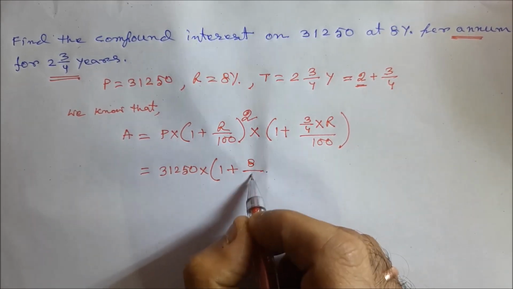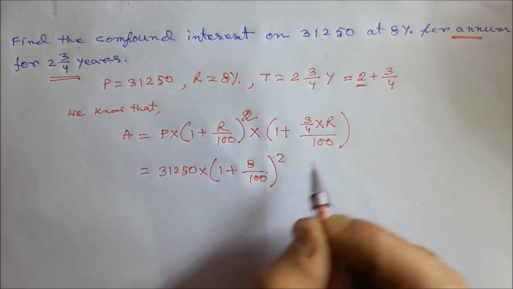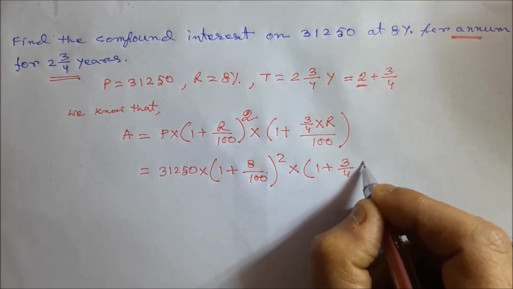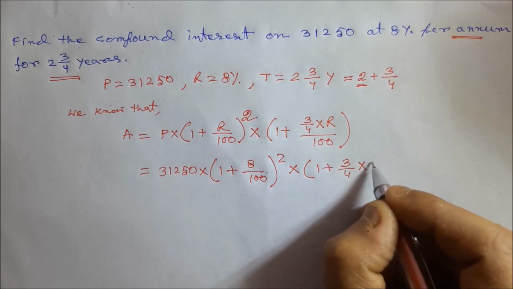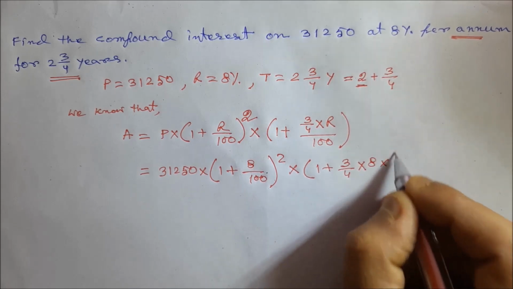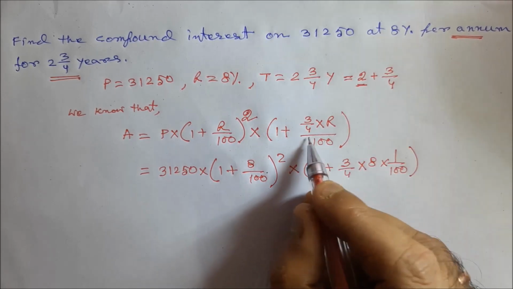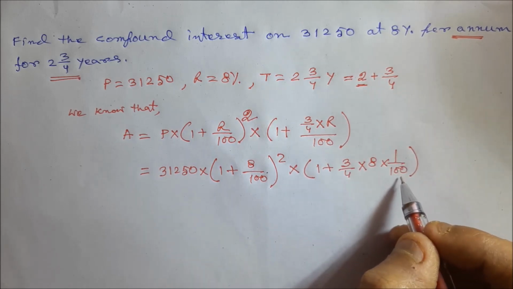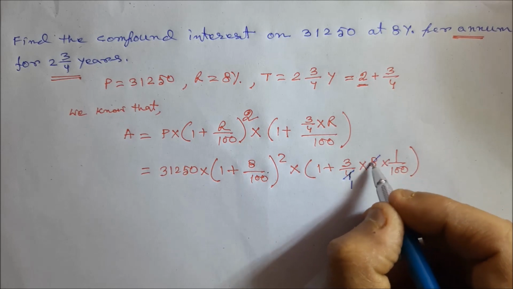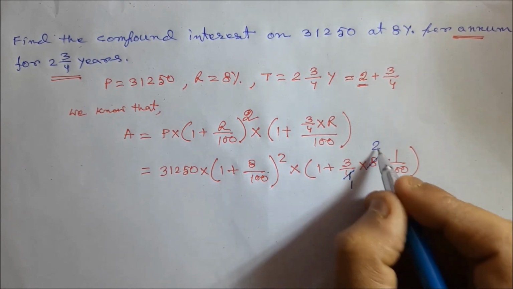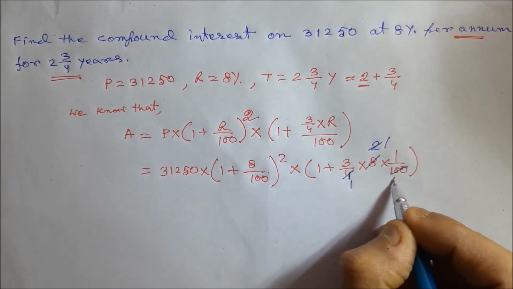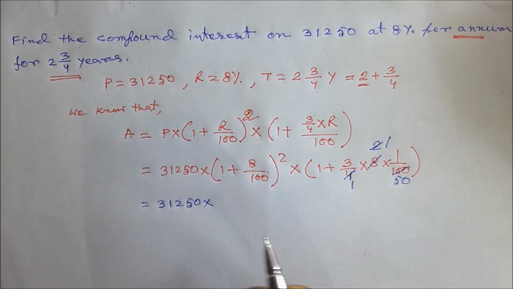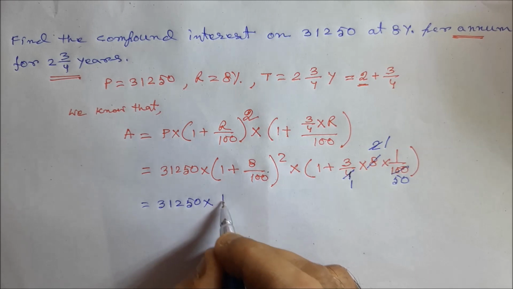That is (8/100)² multiplied by (1 + 3/4 × R). That means 8 multiplied by 1/100 divided by 100. So I can write it down multiplied by 1/100. Divide this number by 4 and this one by 4. So 4 2s are 8. Now 2 1s are, and 2 50s are 31250 multiplied by, if we add this, then this will become 108